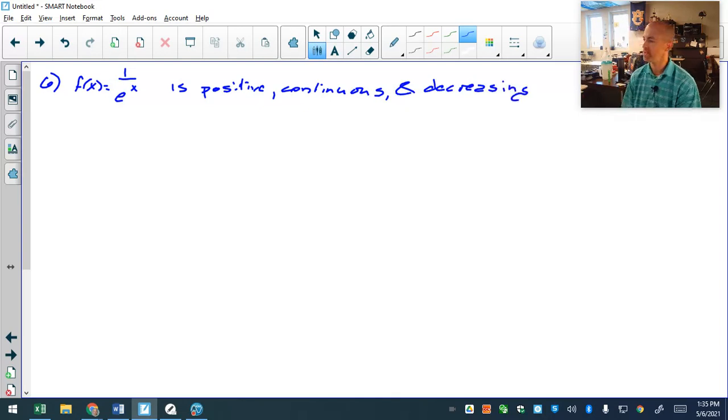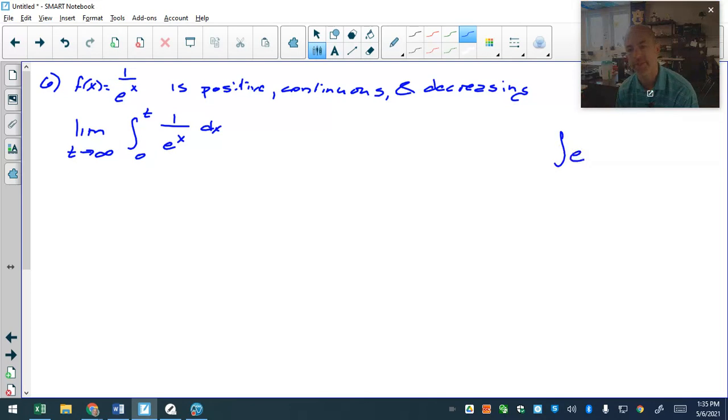And so we have that, and therefore for the integral test, we have to do this as an improper integral. The limit as t goes to infinity of the integral from 0 to t of 1 over e to the x dx, which is going to be kind of nice because